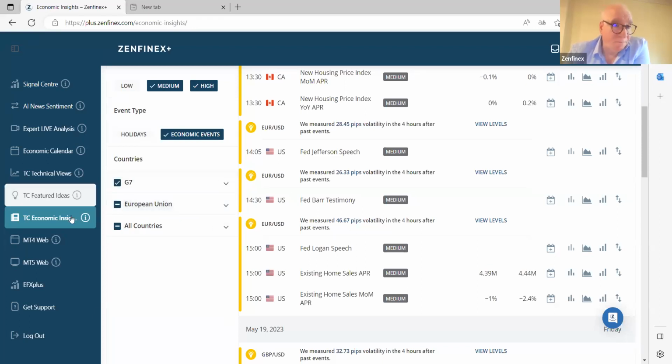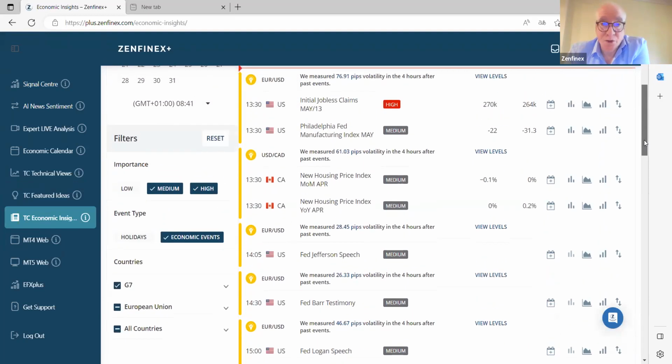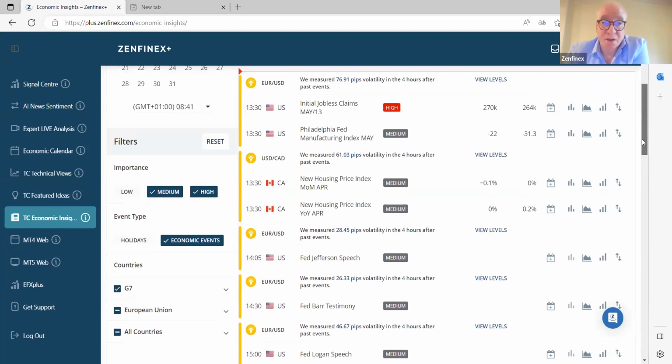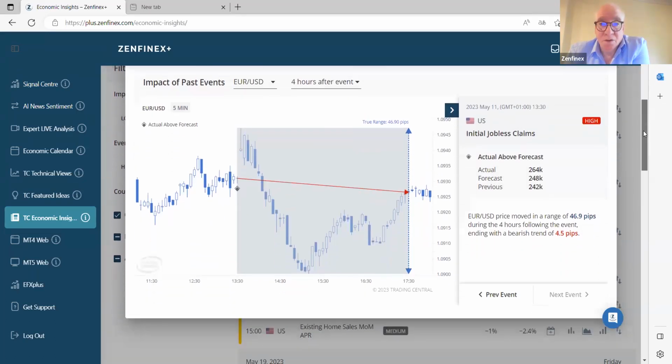So I use these three tools mainly: the technical views, the featured ideas. I will cover at different times some of the other tools that are available for free, but I just want to remind everybody that news is what moves markets. And for example, we have at 1:30 initial jobless claims. I use this tool here,